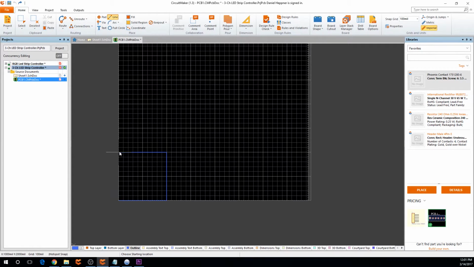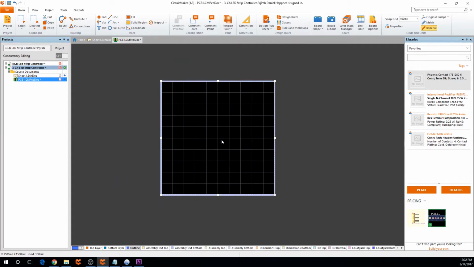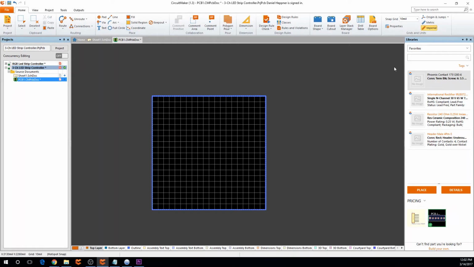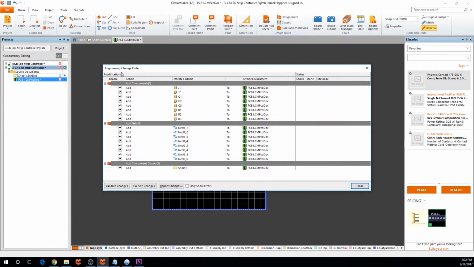Oh, missed that last one. Okay. Alrighty, now I can select that, go to board shape, and define it from selected objects. Now here's our board. Okay, so I set the grid down to something more reasonable, and I'm going to go up to project and import the changes from our